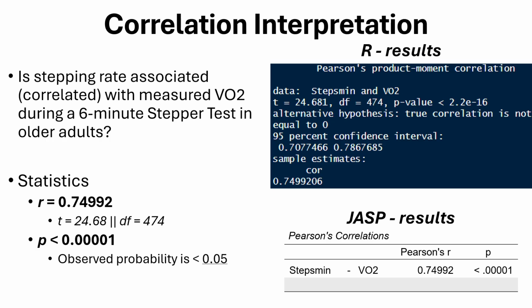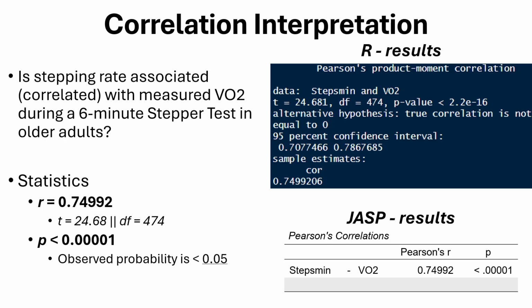Let's now interpret the output of our statistical analysis. As a reminder, the question we are asking in this specific example is whether stepping rate is associated or correlated with measured oxygen consumption during a 6-minute stepper test in older adults. At right, you can see output from both R and JASP, indicating the magnitude of the Pearson's correlation coefficient is quite large at